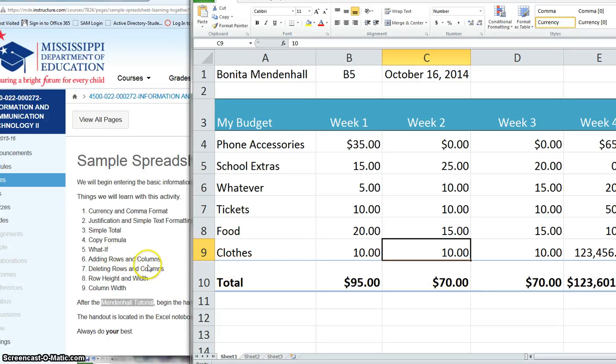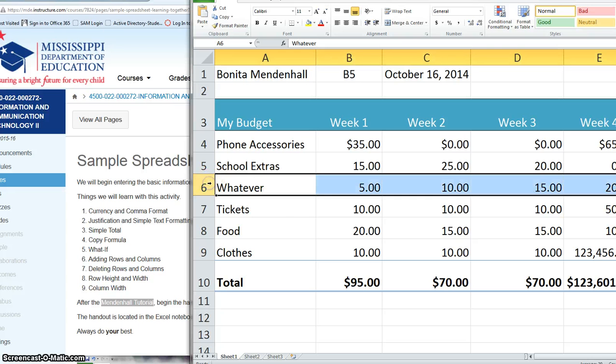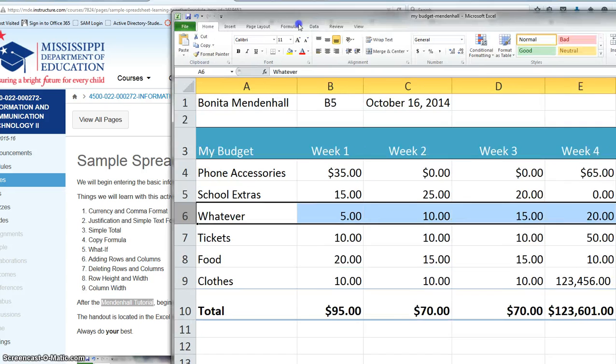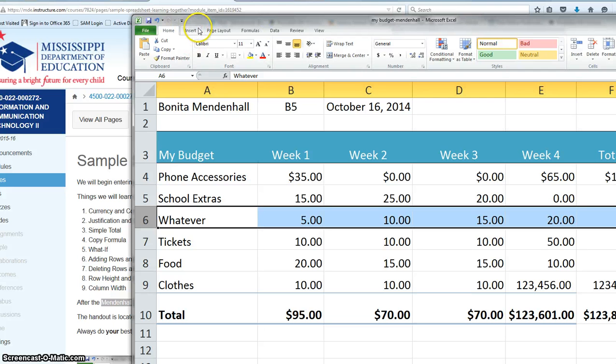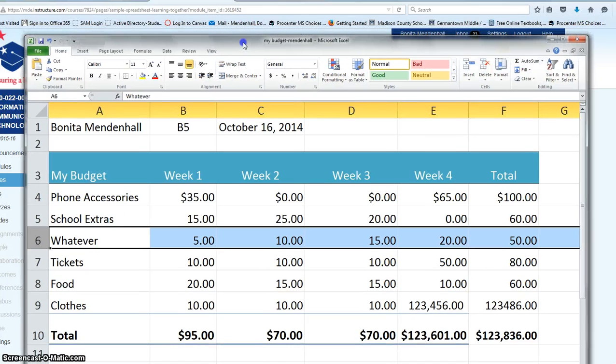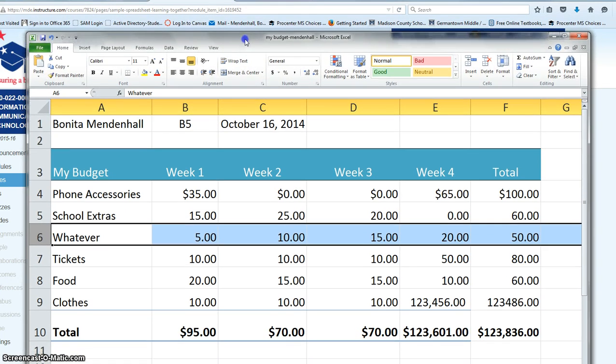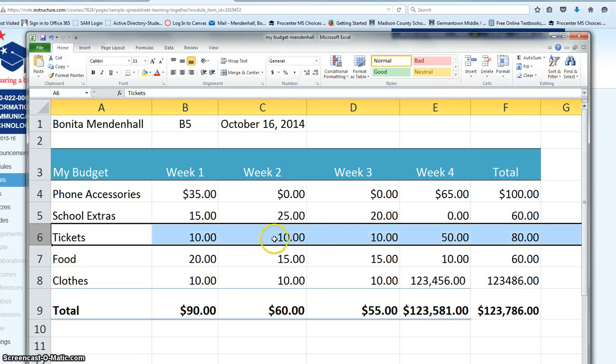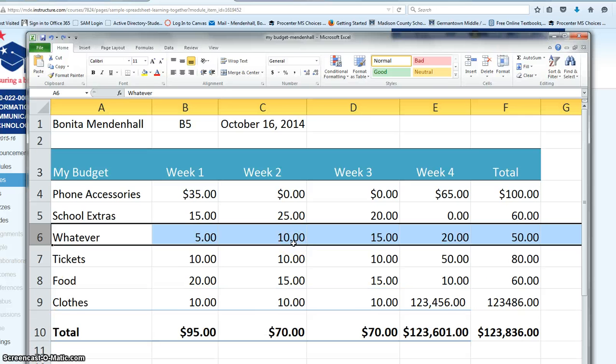Adding rows and columns, we've done that. Oh, no we didn't. I need to add a row. So let's just say we're going to delete the whatever row. You simply go to, I think it's actually on the home tab, and you're on the home tab. We're going to delete the whatever row and go right here to delete sheet row, and boom, it's gone. If you realize you've made a mistake, Control Z and it's back. Alright,